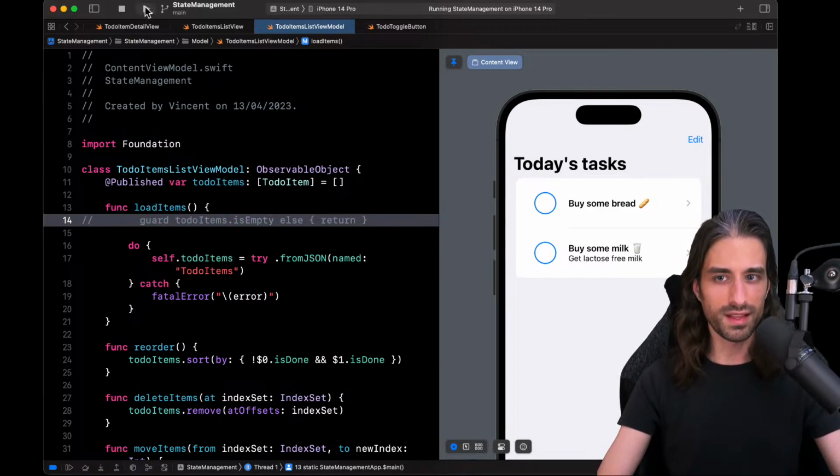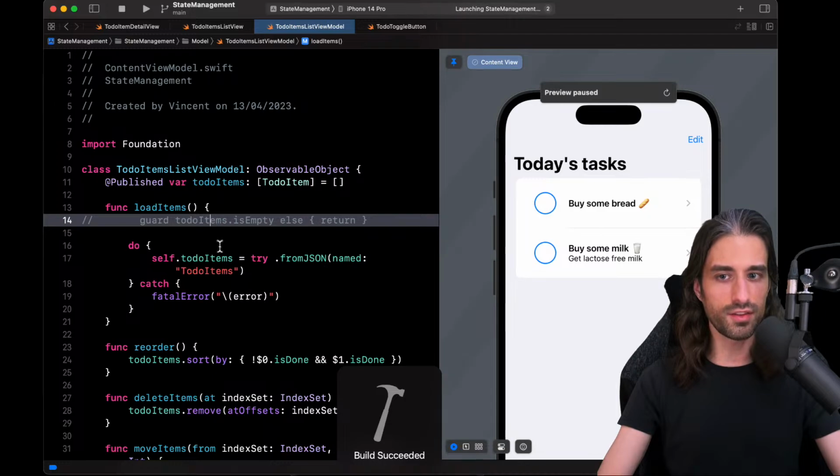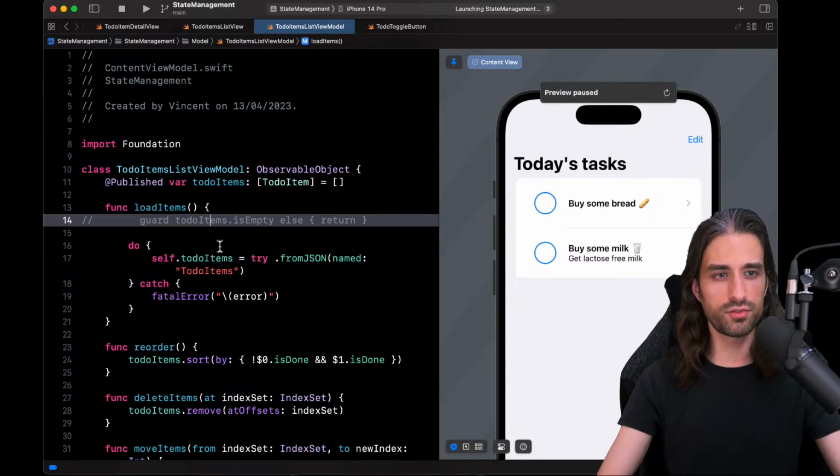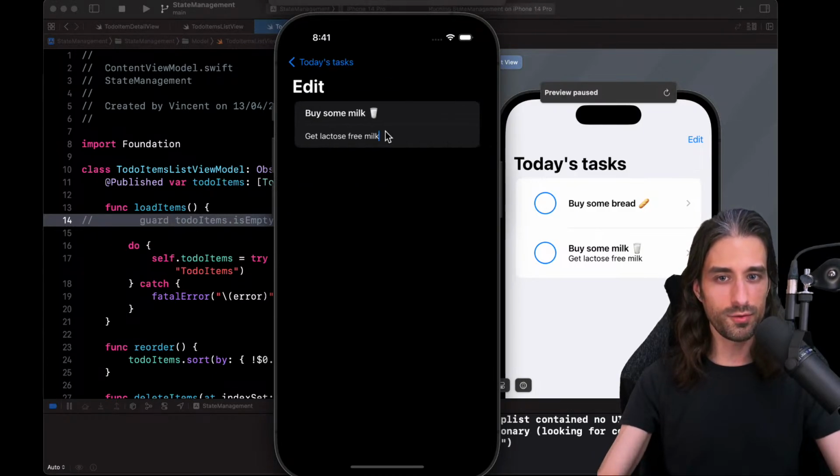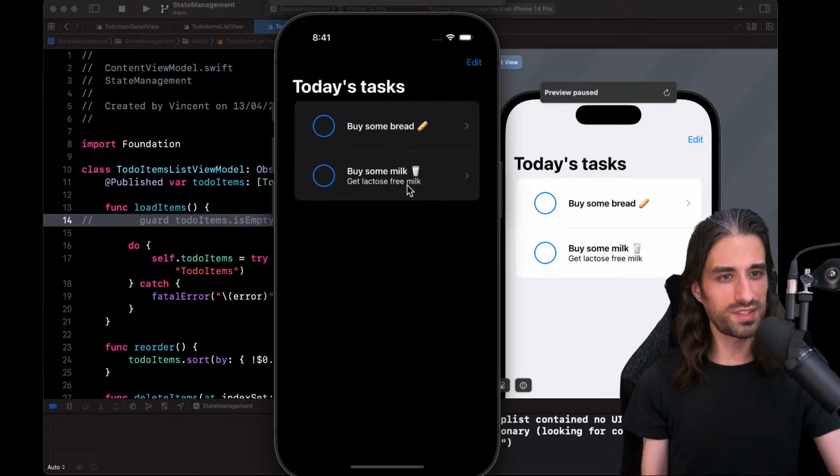I'm going to comment out this line so that now load items always tries to load the items. And normally we should see that when I make a change in the detail view, like removing everything in the text field, when I go back, we see that the changes haven't been taken into account.